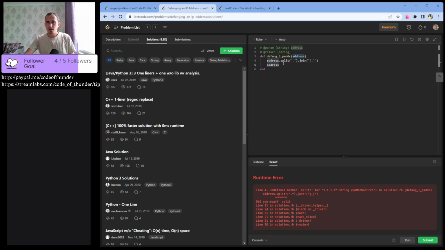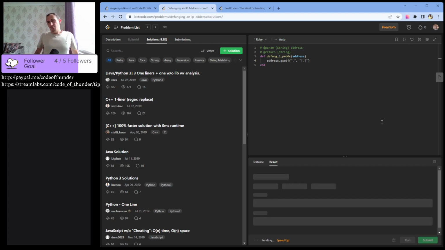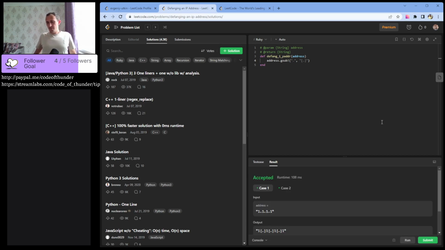So our gsub variant is the best, but under the hood it probably does the same thing. So do not let its shortness confuse you and make you think that you are some kind of a genius.